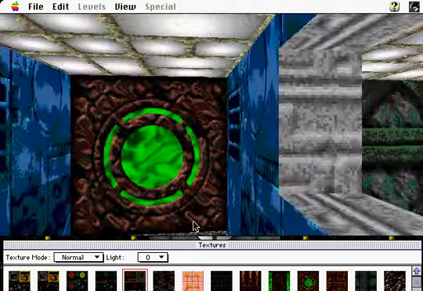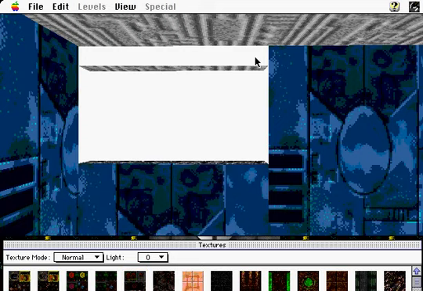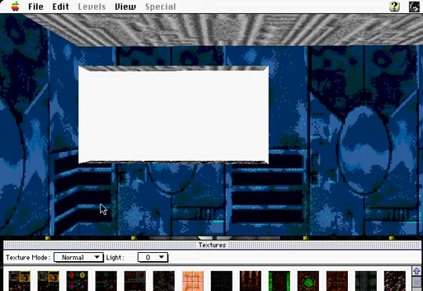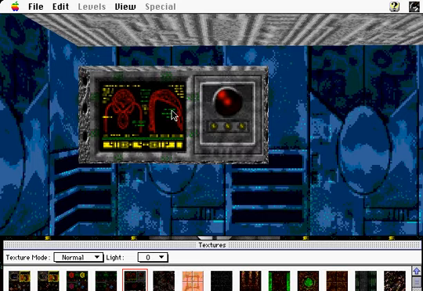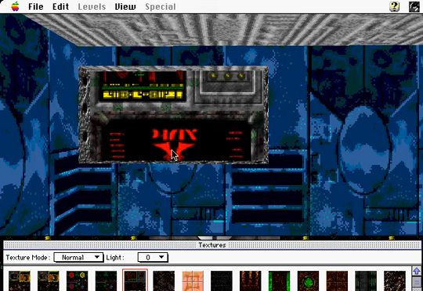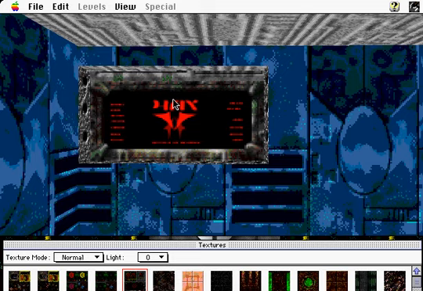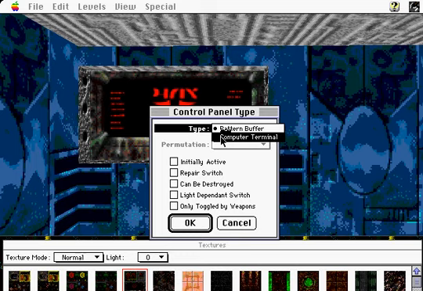Next, we'll move on over to the future terminal and paint it. To add the terminal function, we'll need to select the terminal texture and apply it. Now we'll need to drag the texture around a bit to place it properly. Clicking on the terminal will call up the control panel dialog box, and from the Type menu, we'll choose Computer